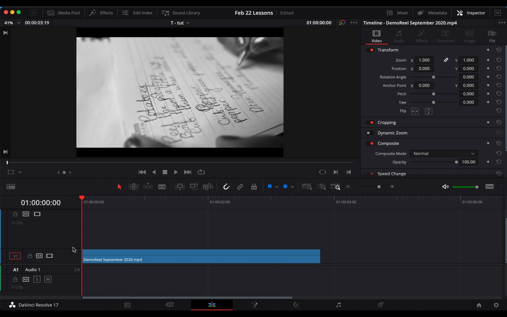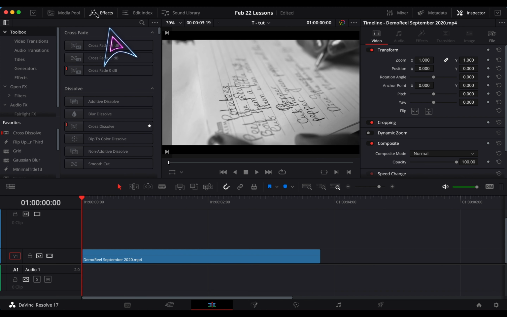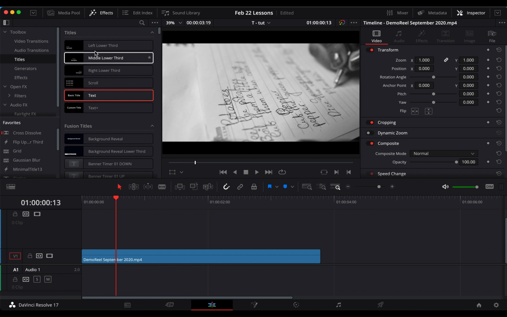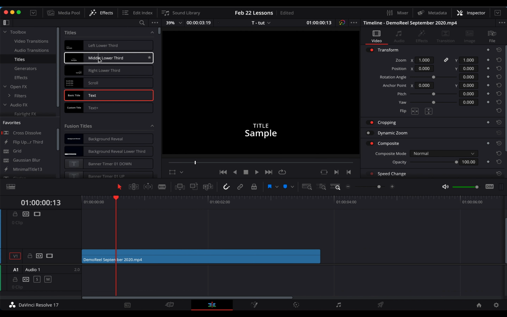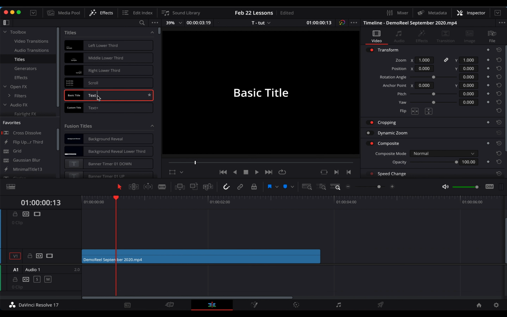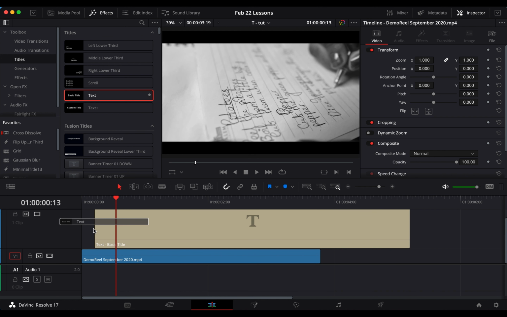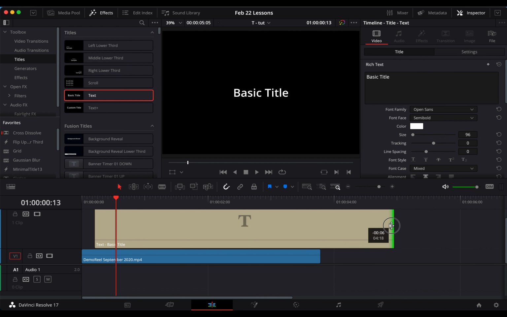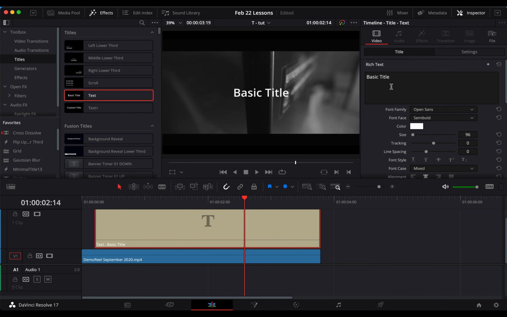Firstly, I will reduce the size of this and we go to effects. Now you're going to see text. You have a lot of options because in DaVinci there are some effects you can do. But for here, we're just going to stick to simple text, and we're going to clip the end to the end of our footage. The first thing is you can edit the text itself,